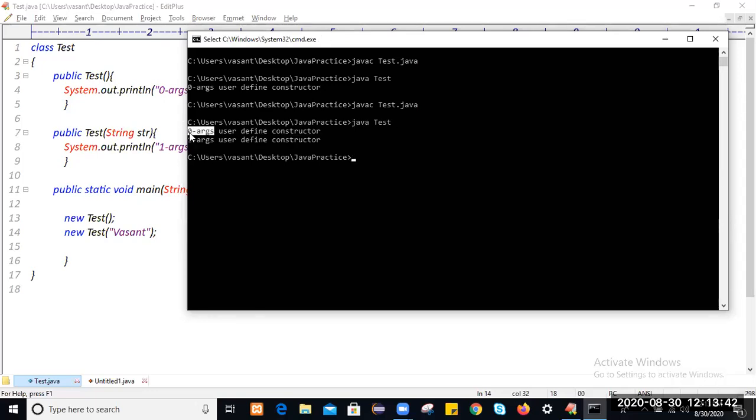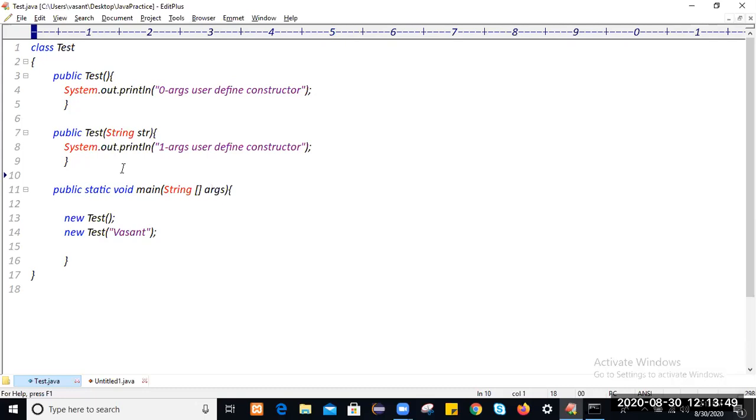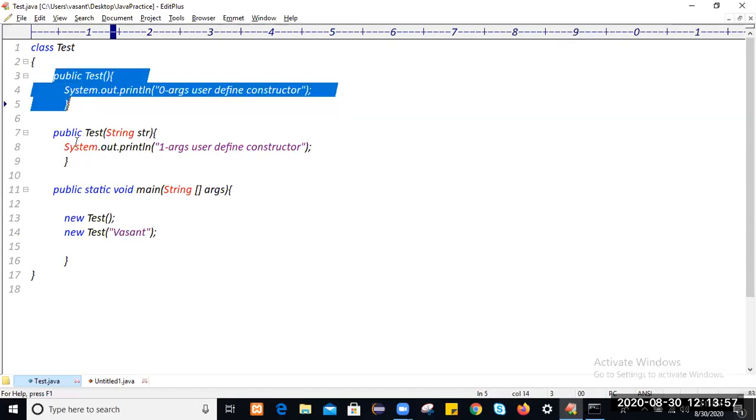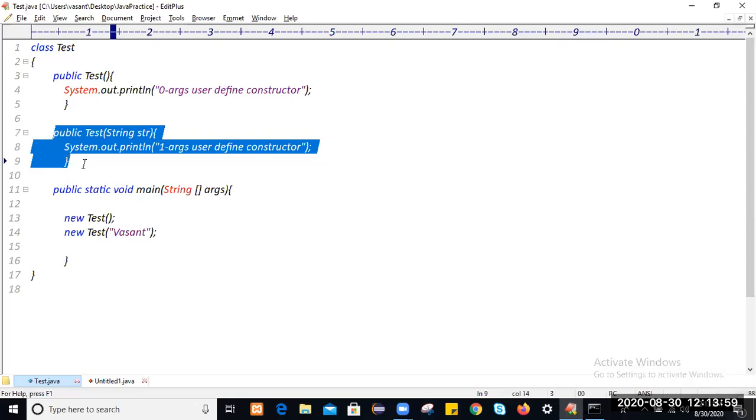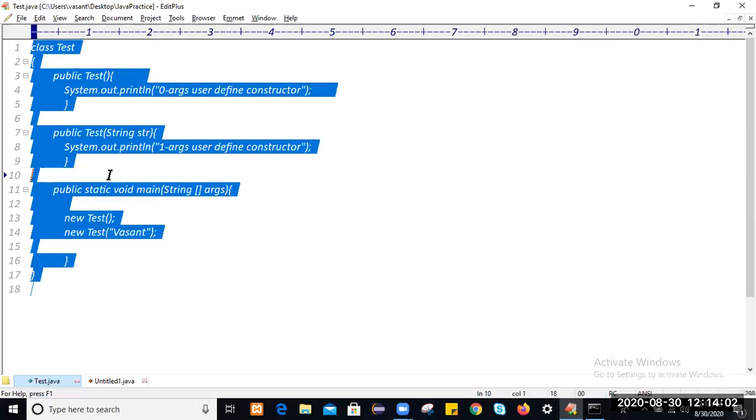You see, the zero-arg constructor and the one-arg user defined constructor. Am I clear? So always remember that constructor execution depends on the corresponding object creation. If you create a zero-argument object, the zero-arg constructor will get executed. If you create a one-argument object, the one-arg constructor will get executed. Am I clear?